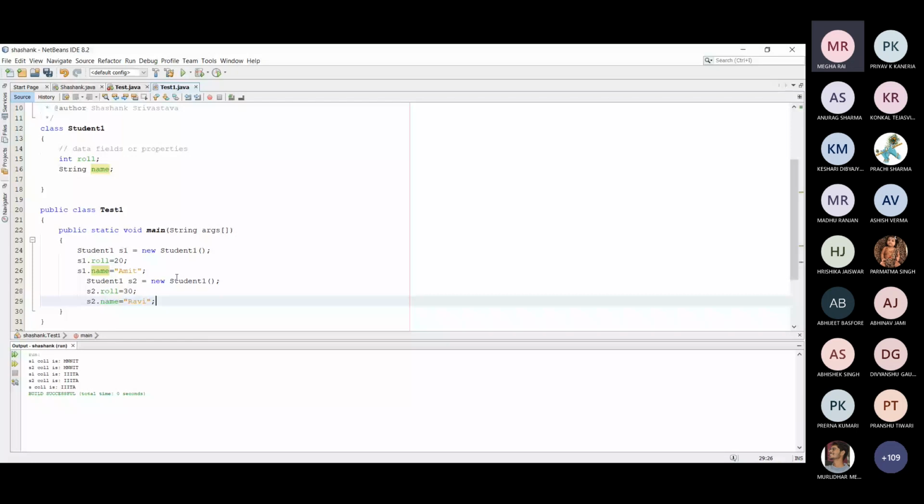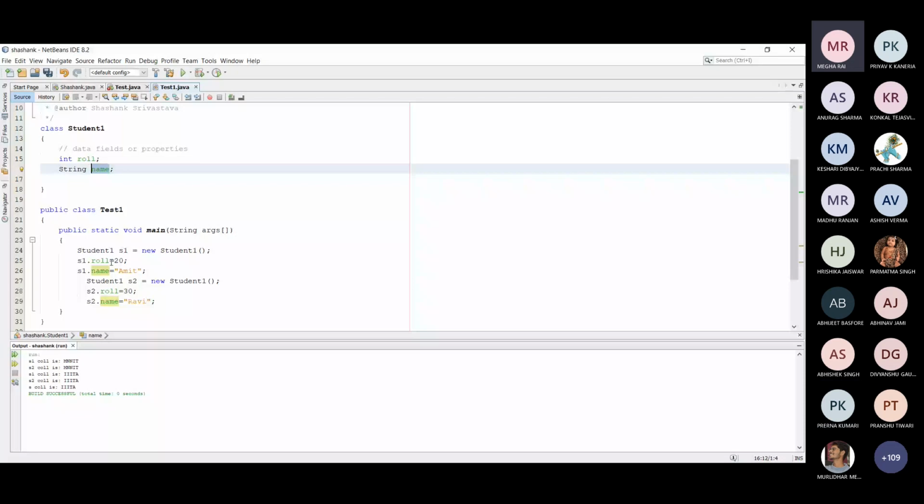Now, another point about the initialization of reference. Here you can say that with the help of object reference variable, you will be able to directly access the roll number as well as name. It means the roll number and name is visible to the object reference variable. Means with the help of object reference variable, you will be able to access the data part, which is a very sensitive part. Okay, means any object can directly access and change the roll number and name part.